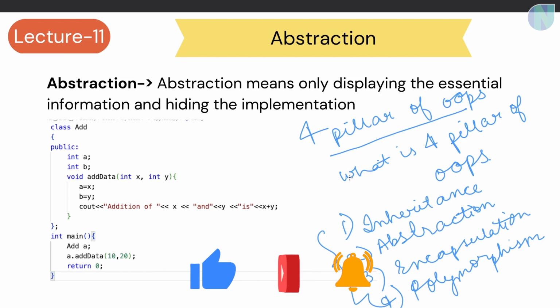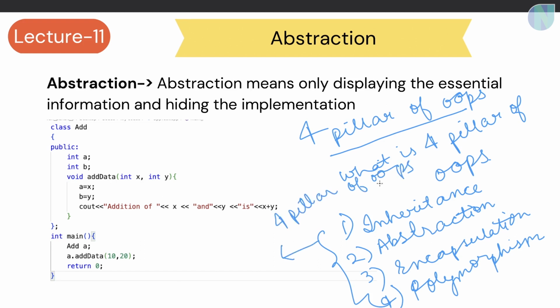Whenever you are asked in an interview to explain the 4 pillars of OOPs, what you can do is start by saying that the 4 pillars of OOPs are, then mention all of them: abstraction, encapsulation, polymorphism and everything. Also explain that these 4 pillars of OOPs are majorly used to solve some complex real world problems